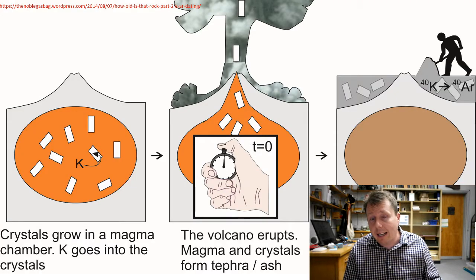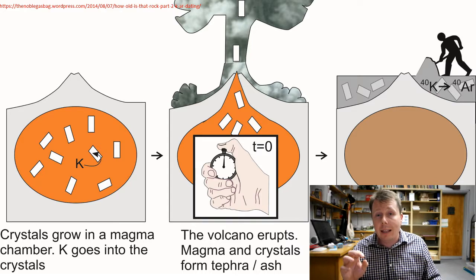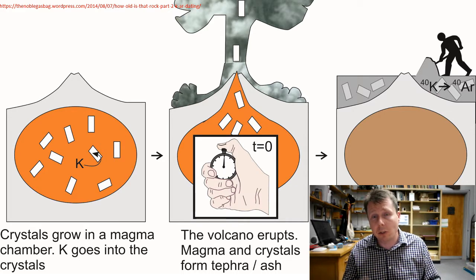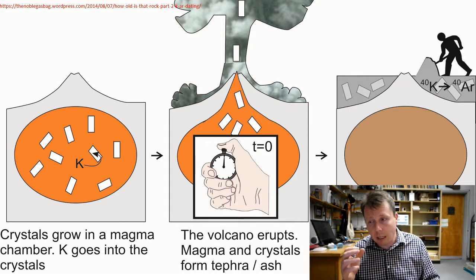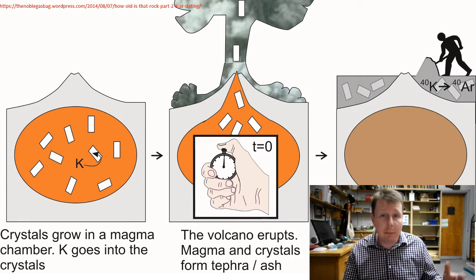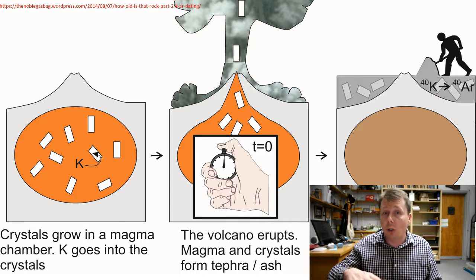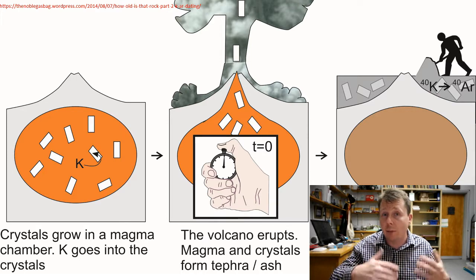Just another visual for you again. This is how the radioactive isotopes get entrapped in the material. You have lava or magma, and in that lava or magma are naturally occurring radioactive isotopes. They basically get entrapped in crystals as the lava cools, and excuse me, lava is above the surface, magma is below. So basically, if it's below the surface, these radioactive isotopes get trapped and encaged in crystals of different minerals below the surface. Give it millions or billions of years, and all of a sudden, erosion whittles its way down to the top of what used to be the magma chamber, and you'll find it then.